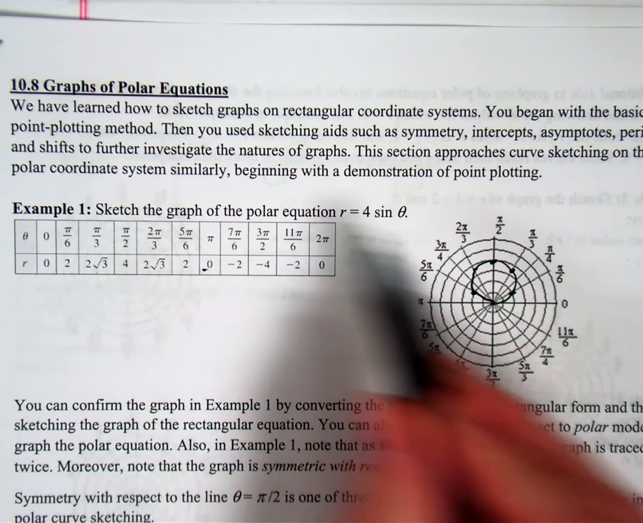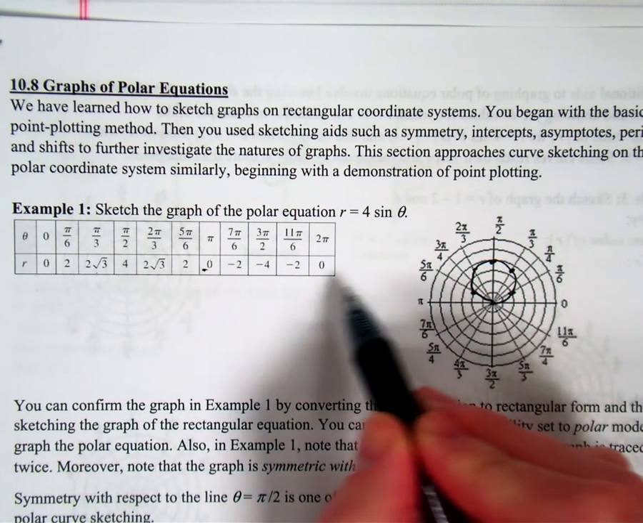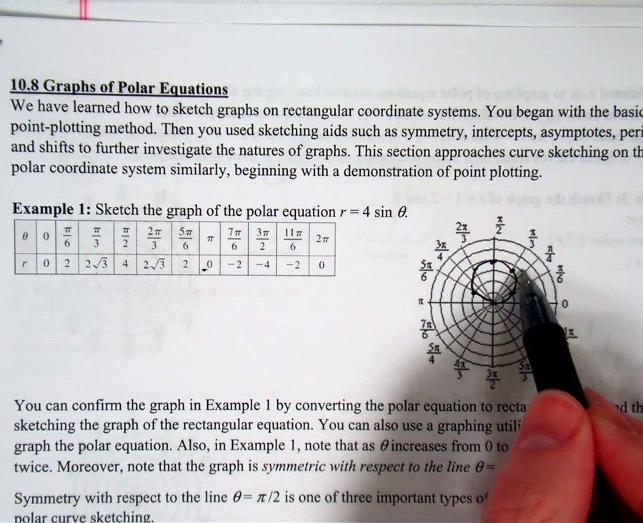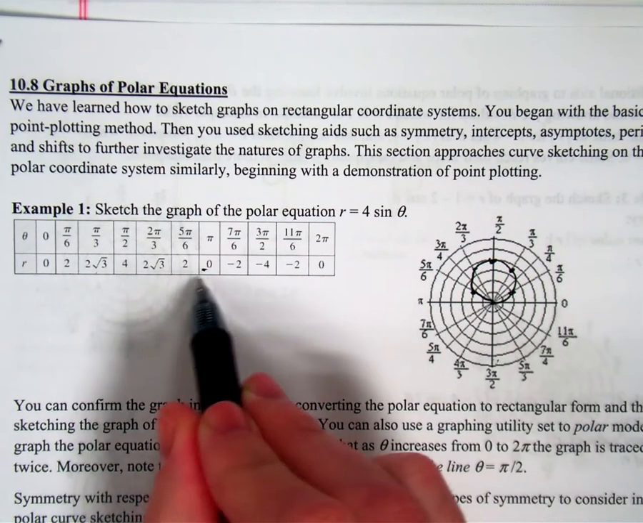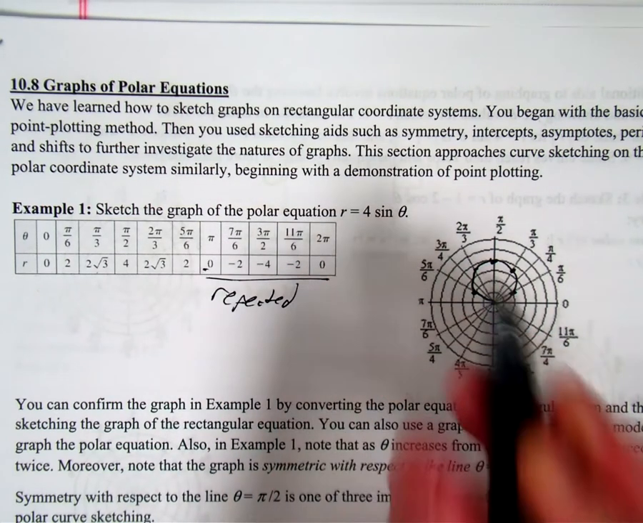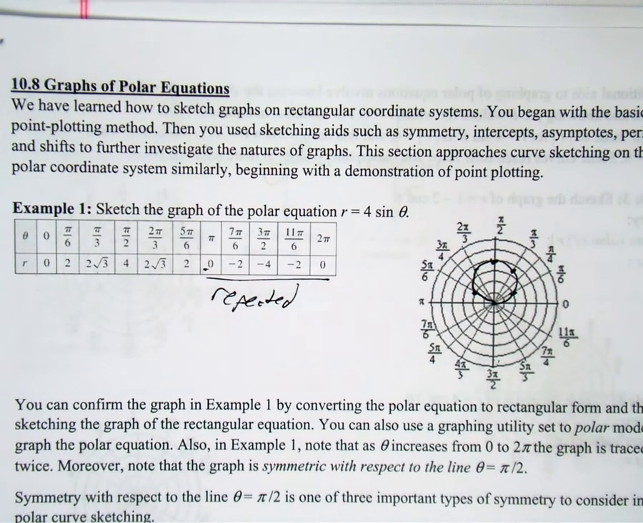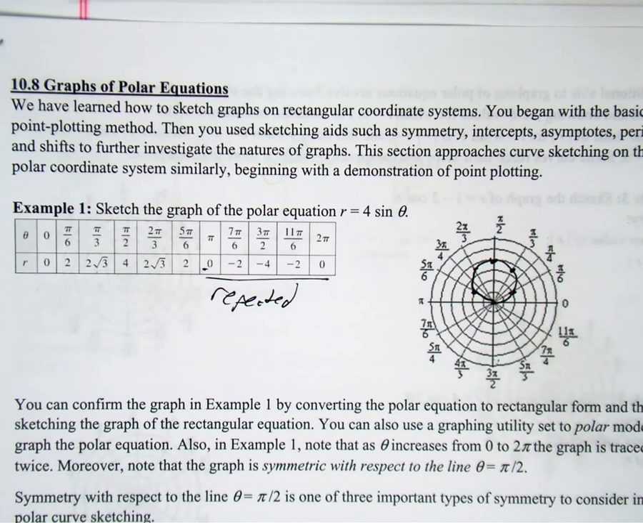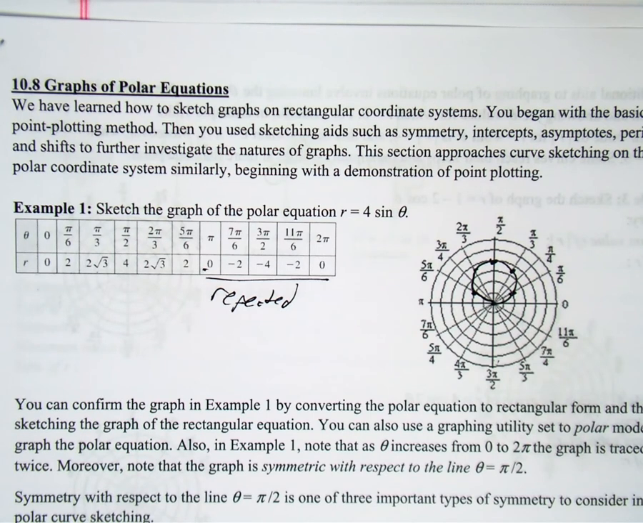At 7 pi over 6, we're at negative 2, and that puts us right back here. 3 pi over 2, we're at negative 4. And you can see that we're going to have a bunch of repeated points. It's just going to go around the same circle twice. And indeed, that's what we have, is a circle. So you can make that table manually if you need to, or,